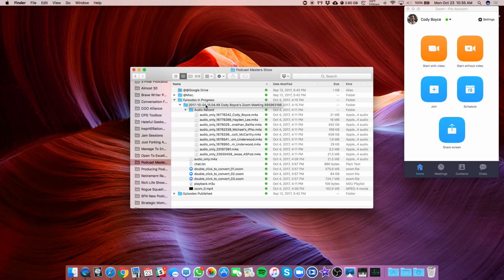Still definitely recommend that you always close out all apps except for Zoom and a recording app that you might need, things like that. There's also the issue of if you're multiple hosts in one location, you will also have to run GarageBand recording along with Zoom so that we can get your individual mics. So it's a little tricky if you're multiple people in one spot, but in general, Zoom is going to be